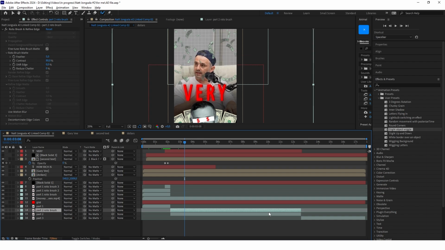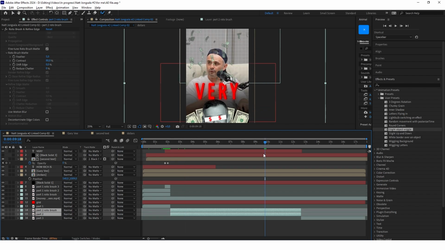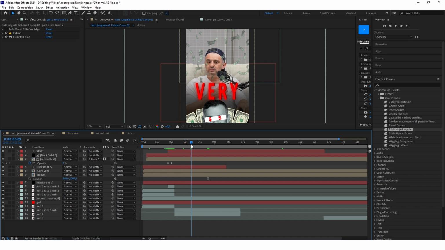And right now, one more thing is that we'll actually only need the beginning of this second part, because the rest of this second part is basically just other graphics. So what we can do is shorten it by a lot, so it will be easier for us to manage